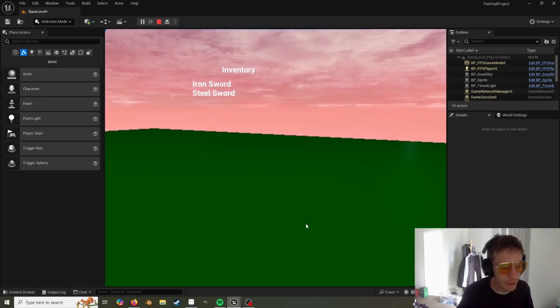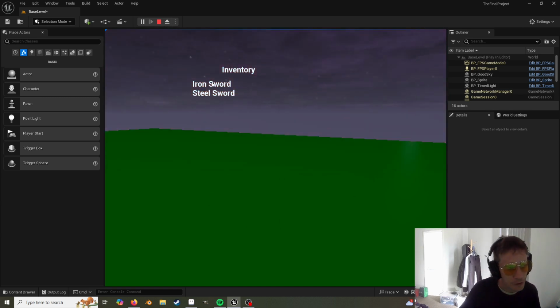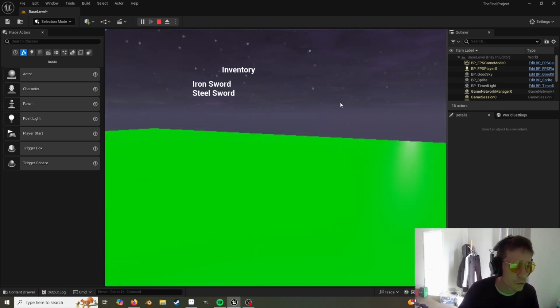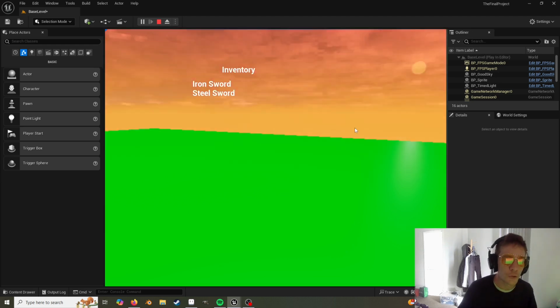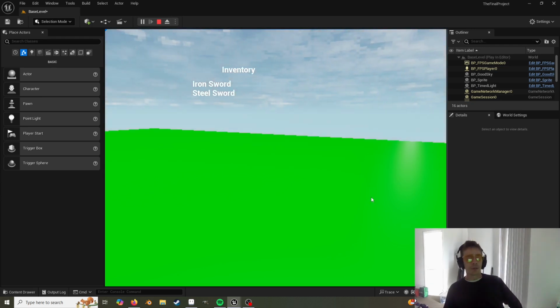And yeah, I'm gonna have buttons, and I think I should be able to click on it, and then we should be able to populate a scene here where we can see information about the sword, and somewhere here we can click to drop the sword, or we can click to equip the sword. But equipping is a little bit tricky because